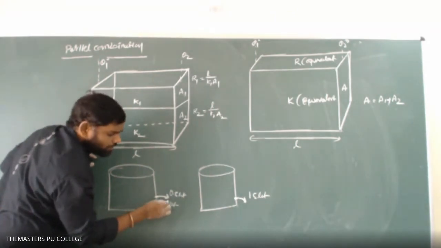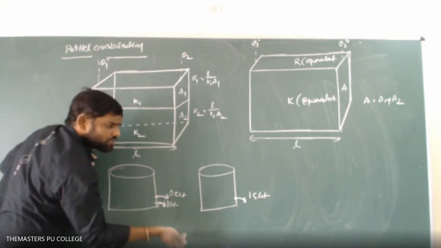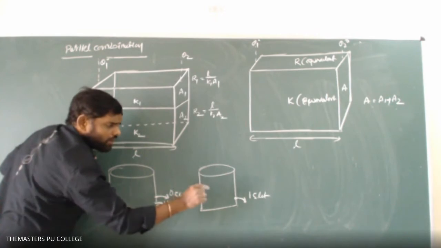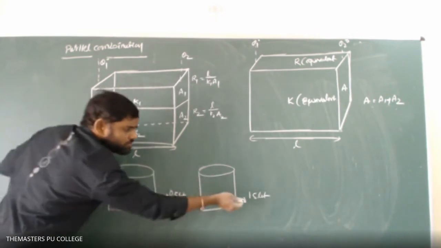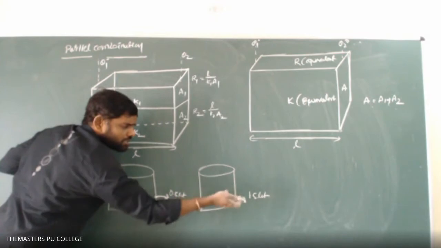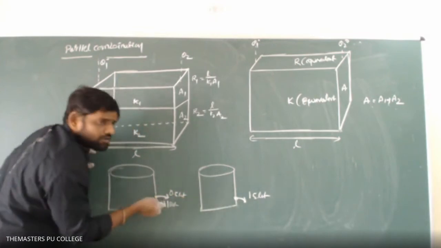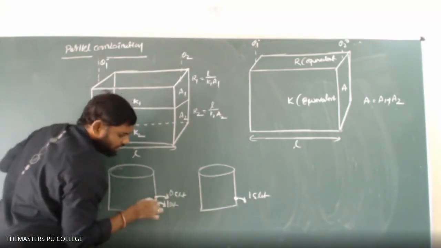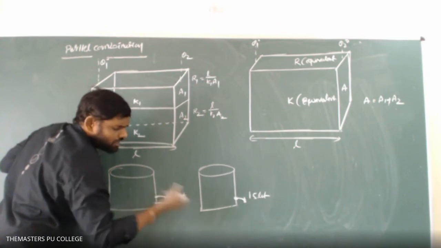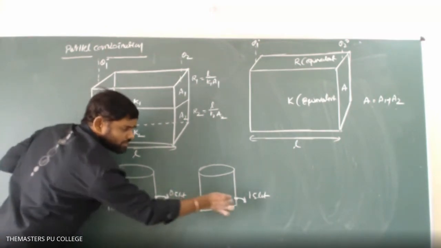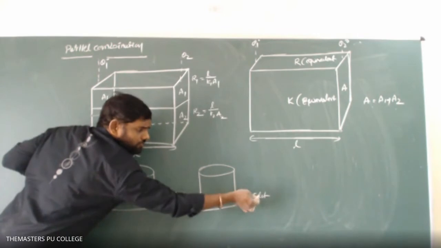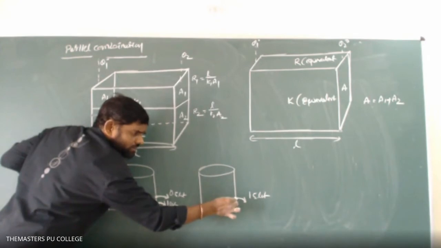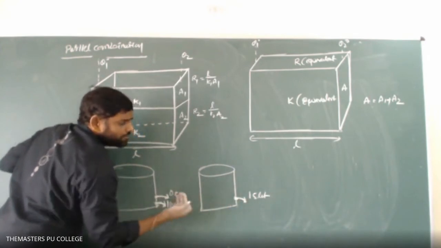From the second hole, 1.1 liter of water is ejecting out. So instead of these two holes, what hole do we need to punch? If that hole gives the same 1.5 liter of water ejecting out per second, then it will be the equivalent of these two. It plays the same role as these two. These two holes together give an outlet of 1.5 liter. The single hole will give the same 1.5 liter outlet, so instead of punching these two holes, if I punch a hole like this, that will be the replacement of these two.